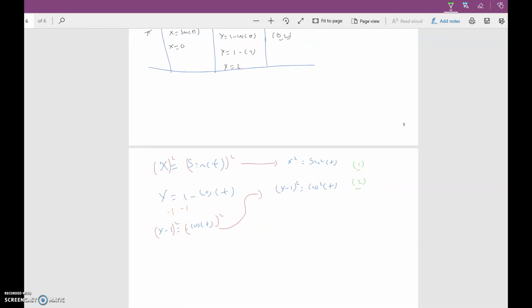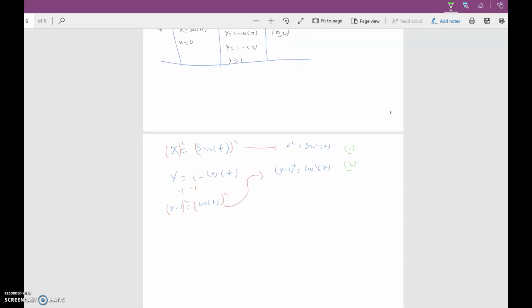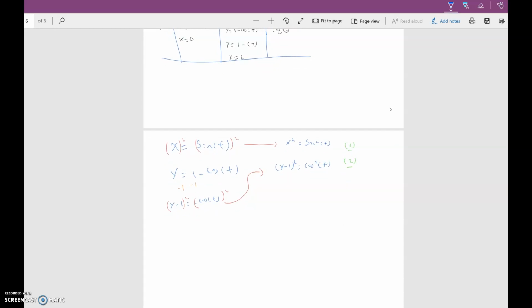Now, at this point, we're technically done with the problem. You couldn't really solve for t directly because that would give you the inverses from the beginning of the problem. So all you have to do is add